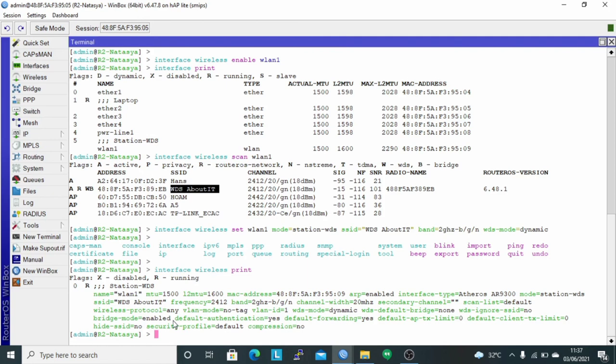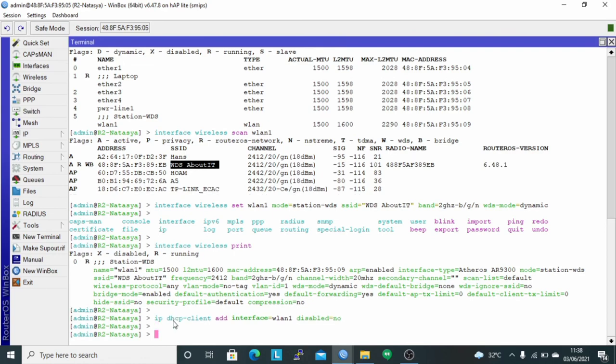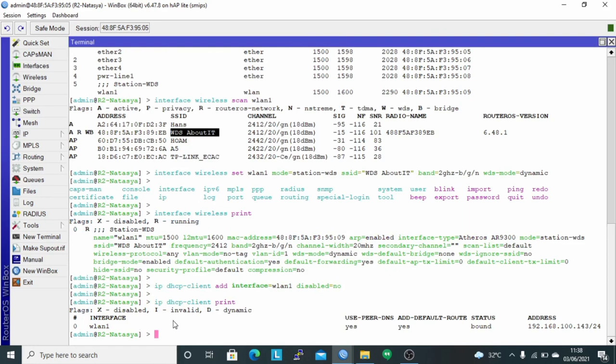Then do a DHCP client request so that router 2 can get an IP from the ISP on the WLAN 1 interface, using the command ip dhcp-client add interface=wlan1 disabled=no. Check with the command ip dhcp-client print.